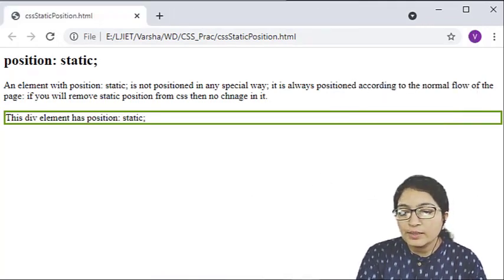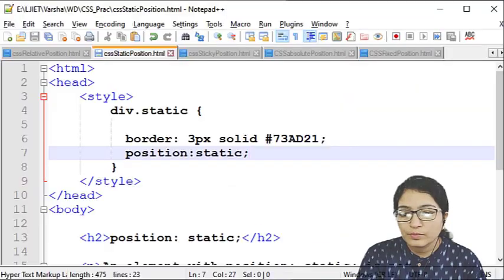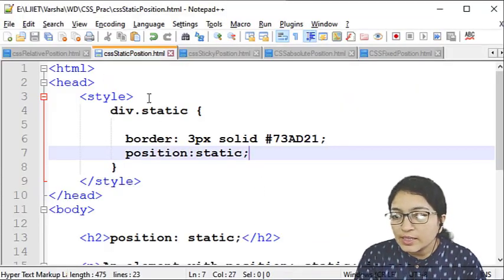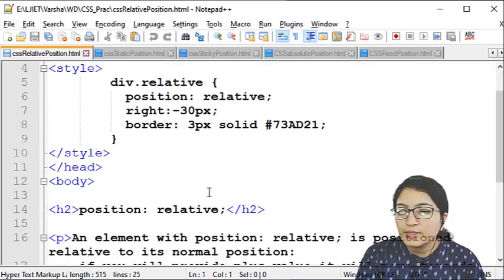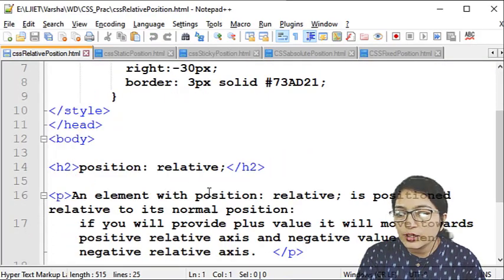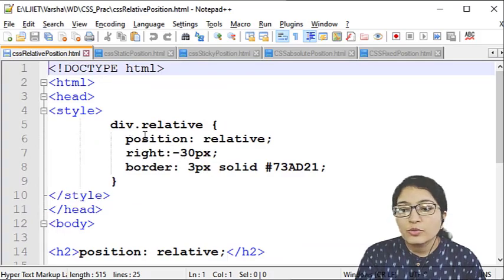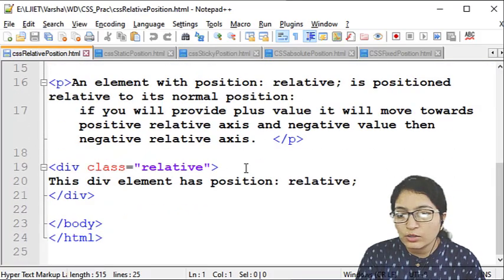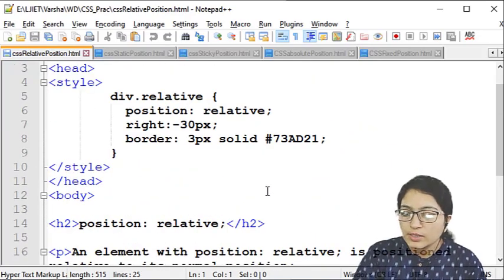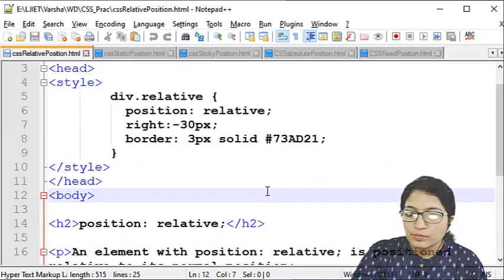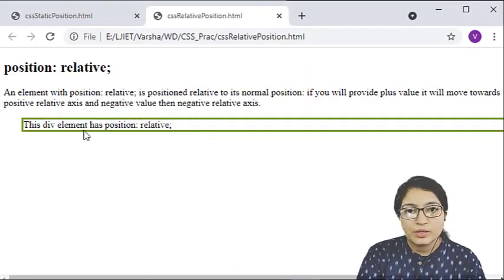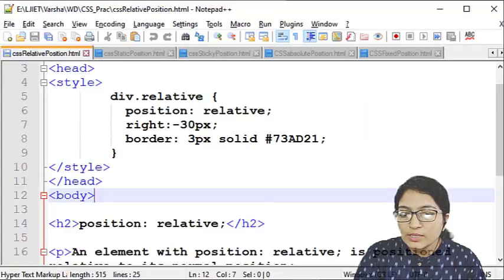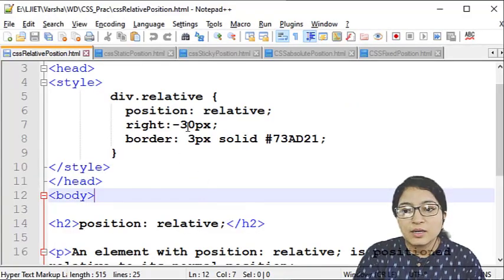Now let's see another position, that is relative position. Here we have defined position relative for this division. Let's see the output for this. Here we have used right minus 30 pixel.